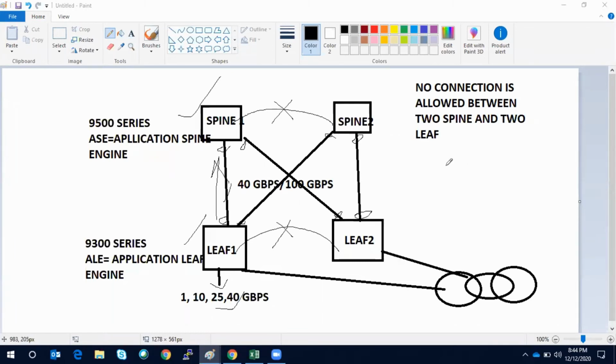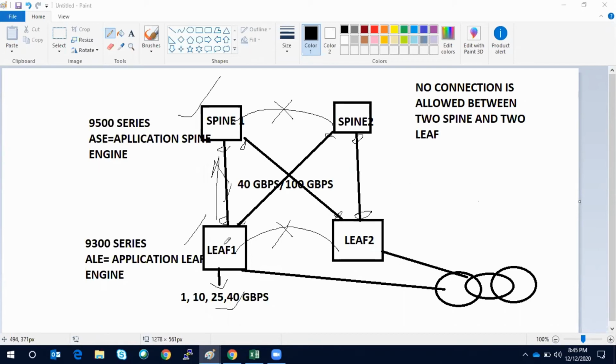Okay. So I have one question, Izhar here. Yeah, Izhar. In VPC, we create one keep alive link, right? So here, how are we going to do the keep alive? Will it go to the leaf, then once again go to the spine like that, or will ACI manage all those things? No, the fabric itself acts as a peer link and peer keep alive link actually.